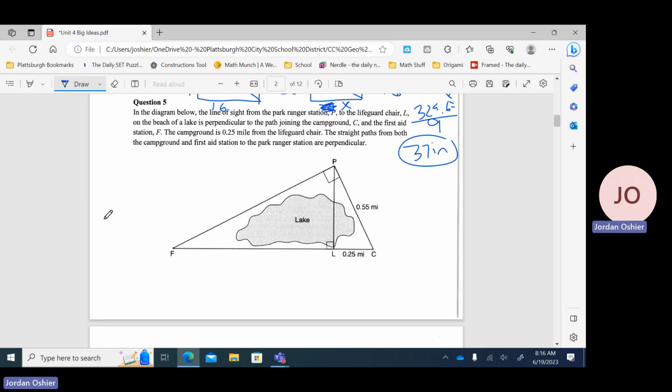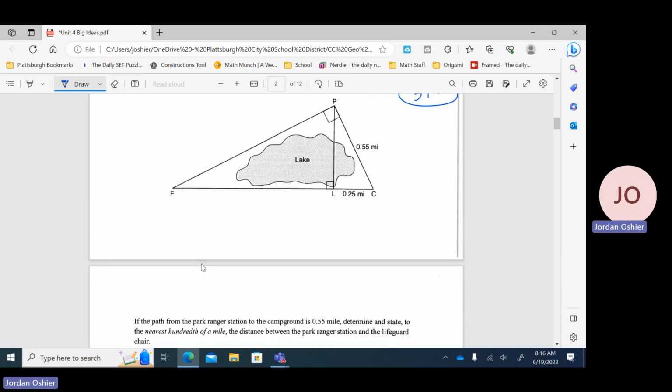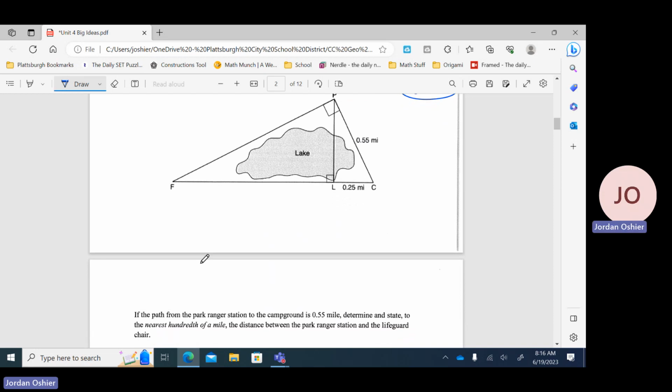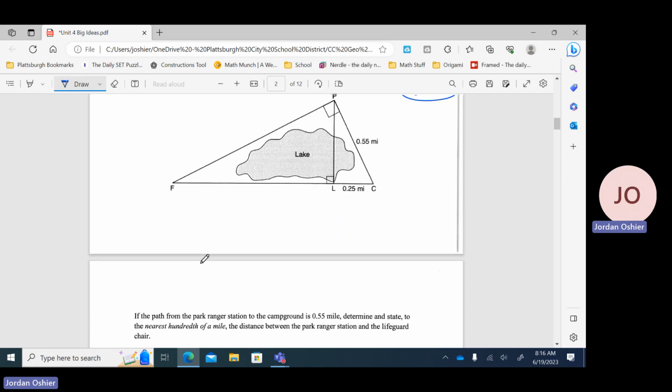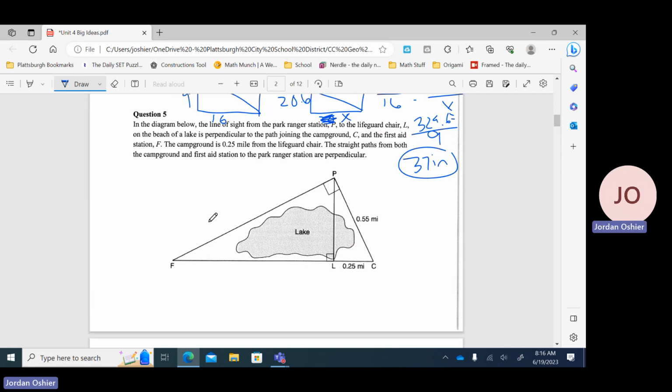Okay, next question. We have a diagram. We have everything labeled on there. As you read through it, they told you it's perpendicular. And now they want to know if the path from the park ranger station to the campground is 0.55, as they labeled it, determine, to the nearest hundredth of a mile, the distance between the park ranger station and the lifeguard chair. So again, I would just double check here. The lifeguard chair is L, and the park ranger station, the line of sight from the park ranger station to the lifeguard chair,